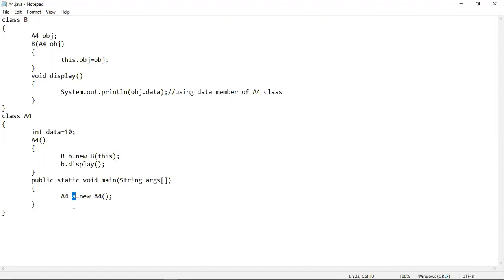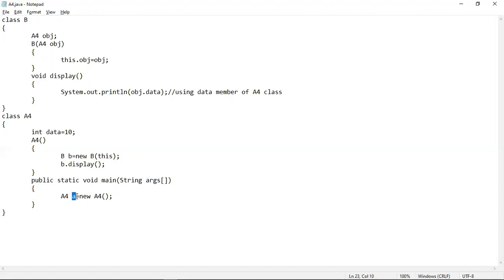It may also be required sometimes that we have to create an object of the same class in its body itself, like this is the case. Here we can see that this is the requirement of this program. That's why we have created an object A of the same class inside its own body. This is not always the case, but it is not at all wrong to create an object of a class inside its own body. This is perfectly all right. If the situation requires so, you have to do so.